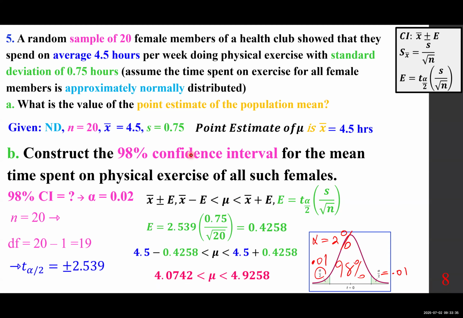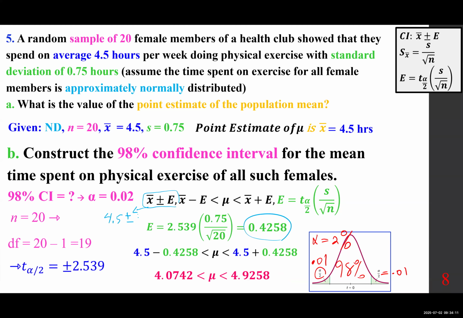And you get the following, everybody. So mu is between these two numbers, 4.0742 and 4.9258. Again, sometimes they want you to write it in this fashion. I want to just, if they ask you for this format, everybody, pay attention so you don't make a mistake. If they ask you for this format to answer, then the answer would be 4.5 plus minus